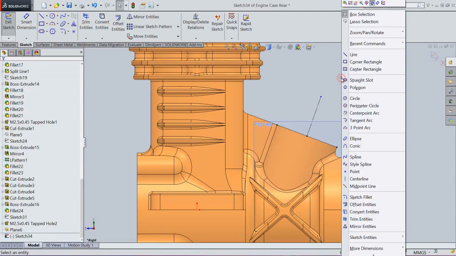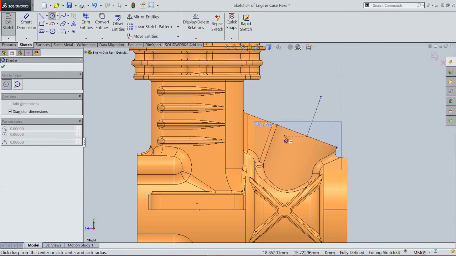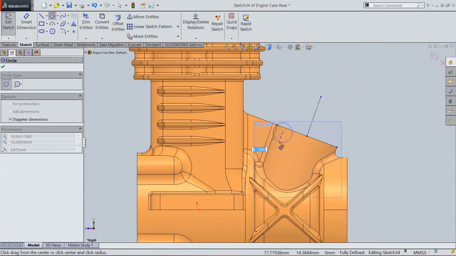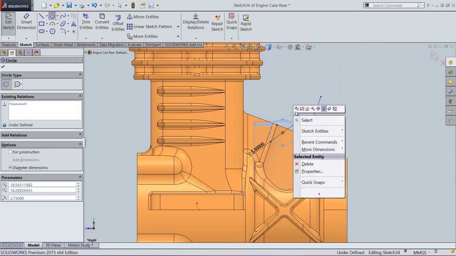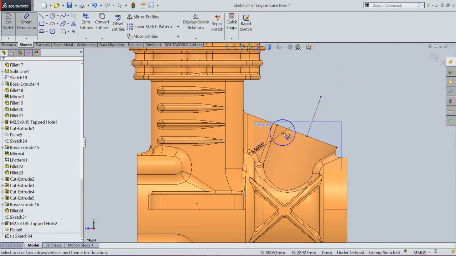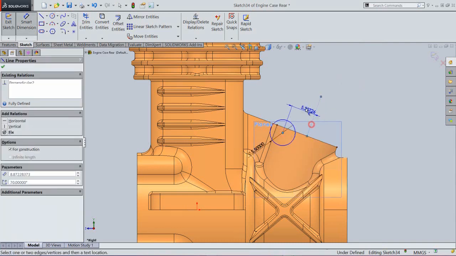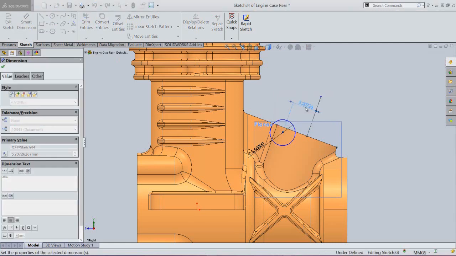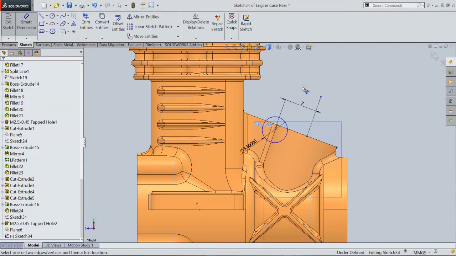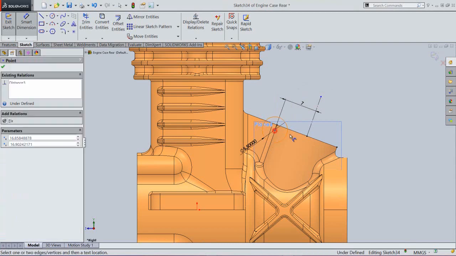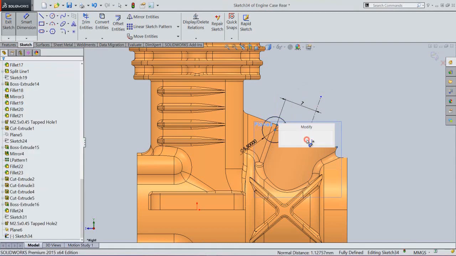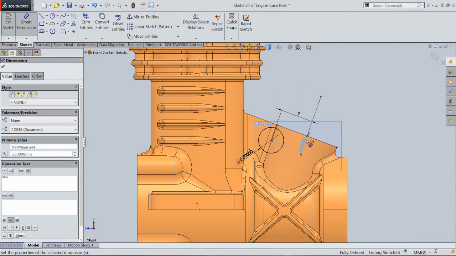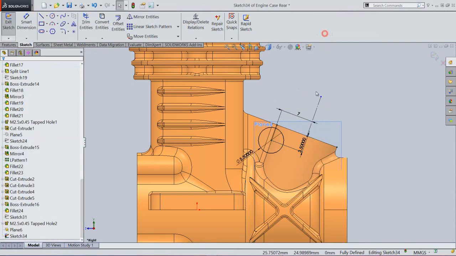We will draw the sketch as shown here. Okay, my sketch is complete, so finish the sketch.